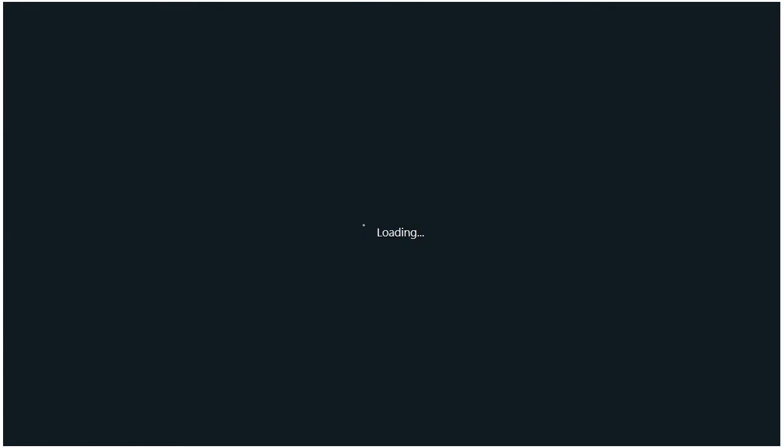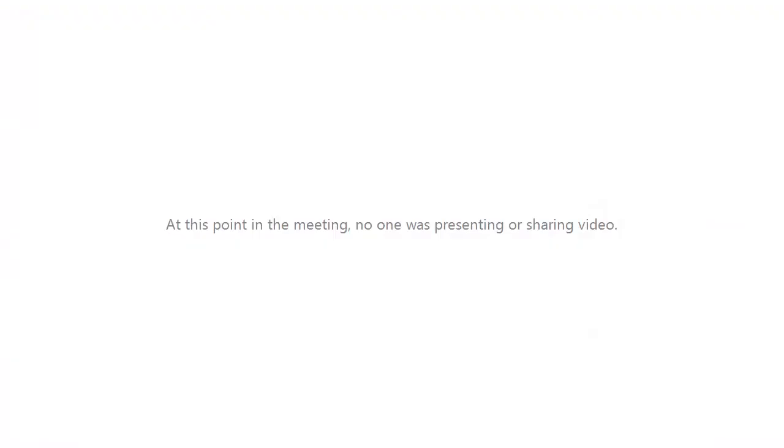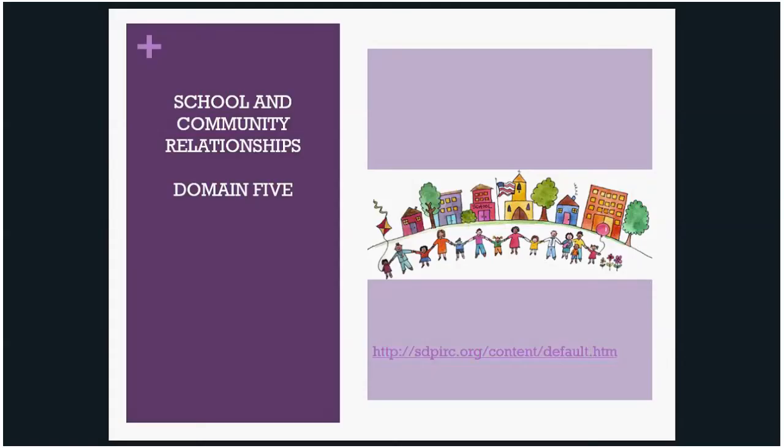According to the PE handbook, effective principals create a culture of collaboration among the school, families, and communities by creating an inviting environment that helps parents and community members feel welcome and comfortable in the school, and by ensuring that parent and community member contributions are acknowledged and valued. And I've posted a link on this particular slide for the South Dakota Parent Network.